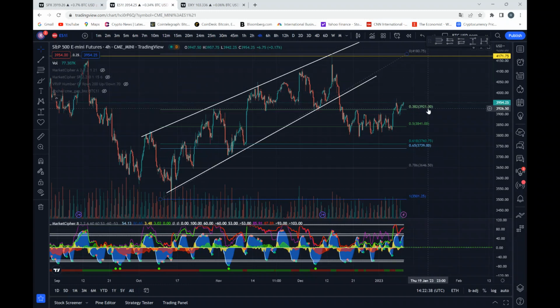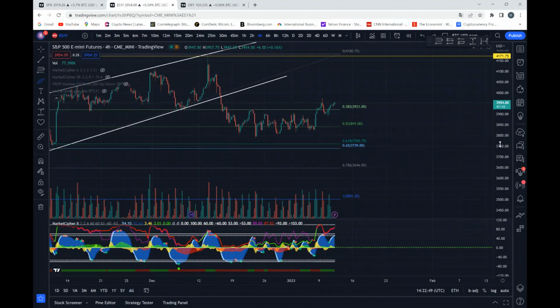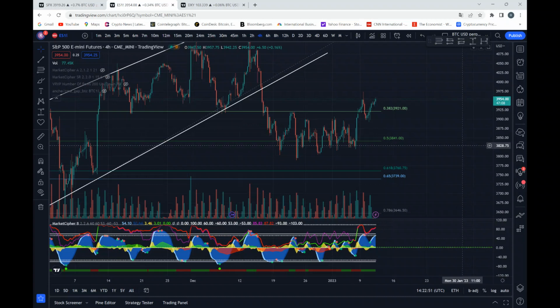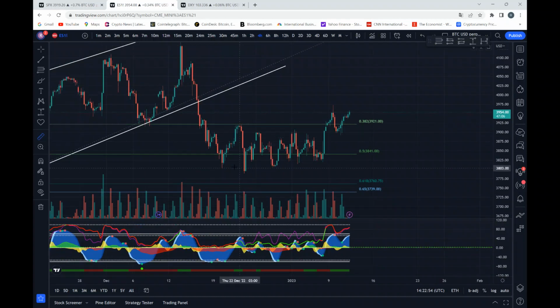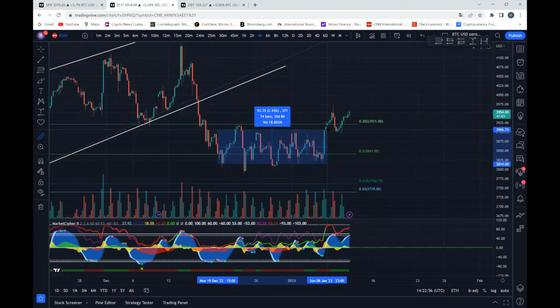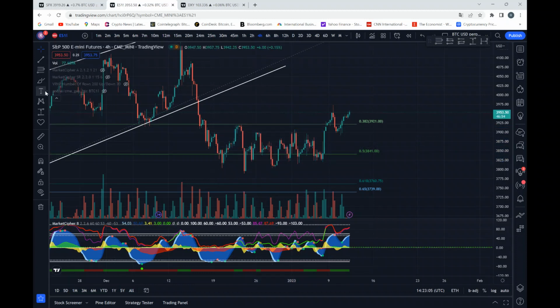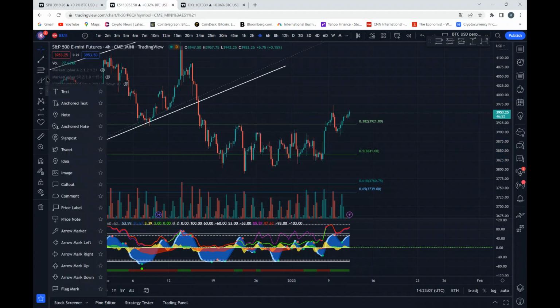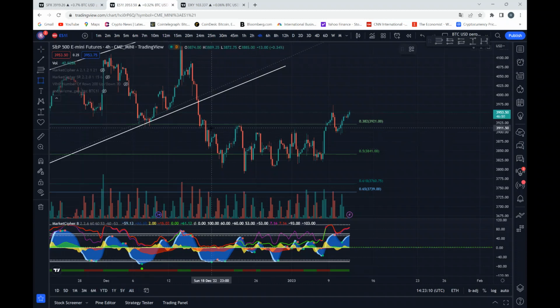So again, if we are going lower, first I want us to take out these lows and eventually the lows here. The golden pocket is still a place where I'm looking for a potential bounce. If we're zooming in, you could also say that this area where we have been trading for quite a while was approximately a 2%, 2.5% trading range. We started off in there approximately 19 December, that this is the trading range, and what we are creating right now is a bit of a deviation from that trading range.